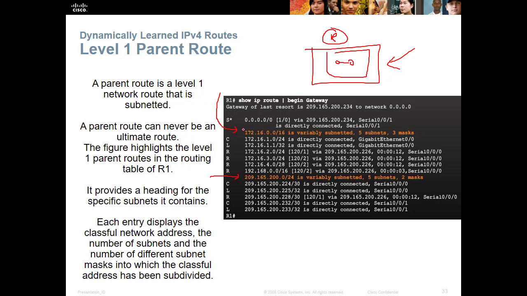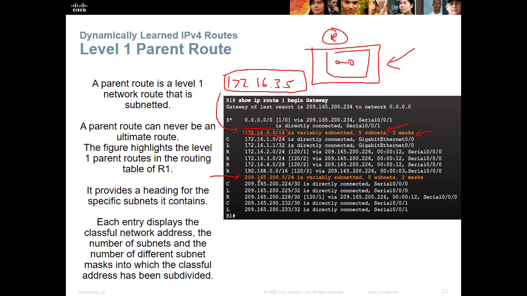So what we see here is we have the label, which is classful. You'll notice that for every single parent route, they are classful labels. 172.16.0.0/16. This is a label on a yellow manila folder in the file cabinet. And in this folder, it says, hey, I've got anything 172.16. If it exists in the routing table, it's in my folder. In my folder, I specifically have 5 different networks with 3 different subnet masks. Come take a look. So when my router has a destination target, maybe to reach the 172.16.3.5 PC,